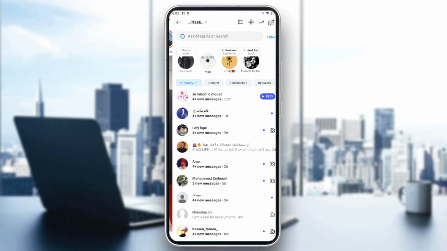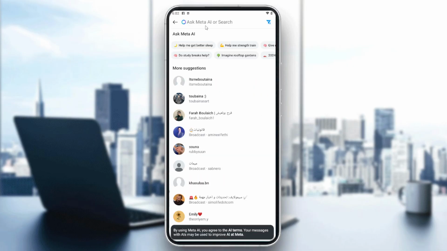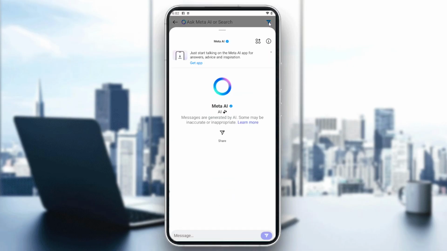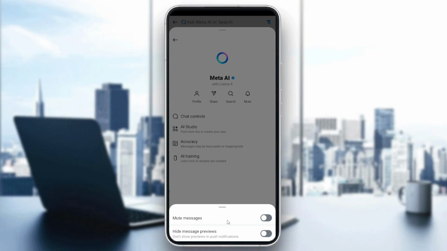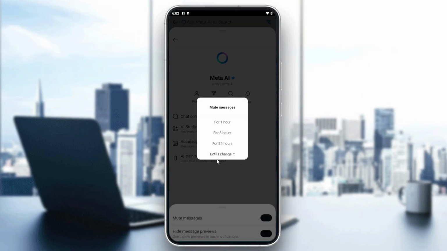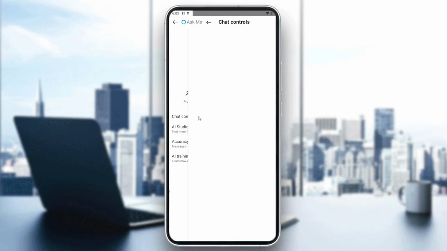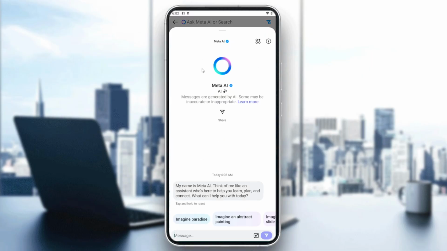And after that, we need just to simply click on our Meta, and then you can simply send anything to it. After that, you will need just to go to the eye icon that would allow you to interact with Meta. So from here, you will find the mute, and you can mute messages and prompts, etc. You can also have some chat controls. You can control what Meta AI would do to your